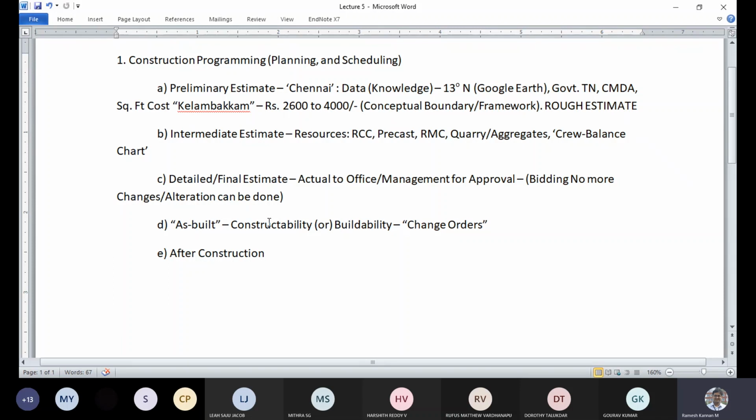The next is after construction. So that's the final drawing. After that, no more alteration is possible because the building itself is done, right? The project is done, right? That after-construction stage we generally call bookkeeping. This is a term borrowed from accounting, where it's a registry of the processes starting from the estimate, intermediate estimate, detailed estimate and as-built estimate, and this will become the